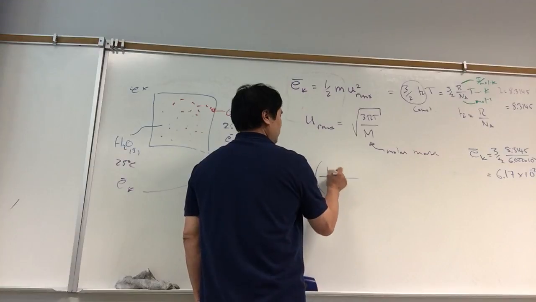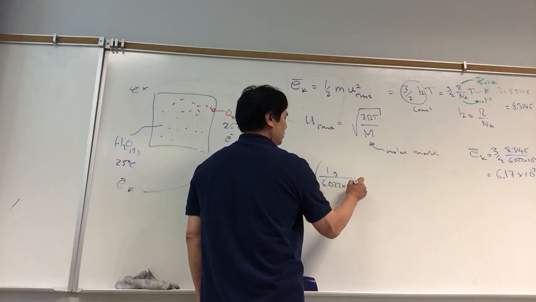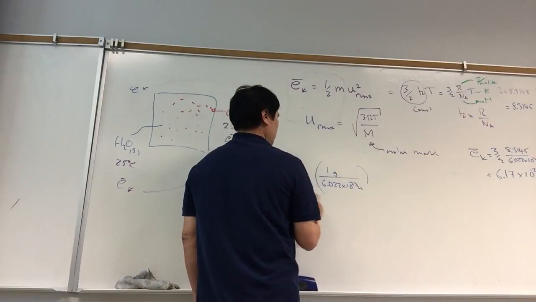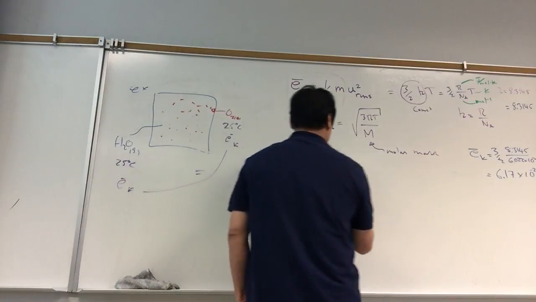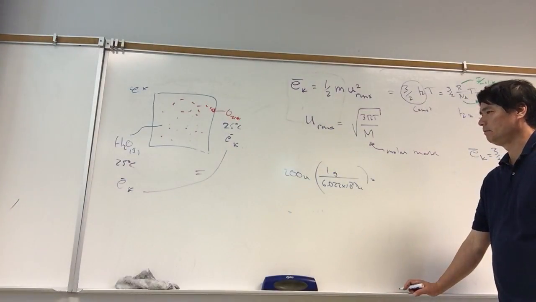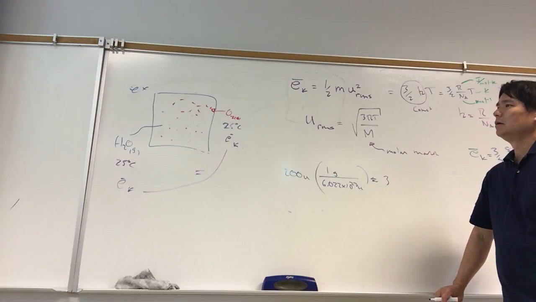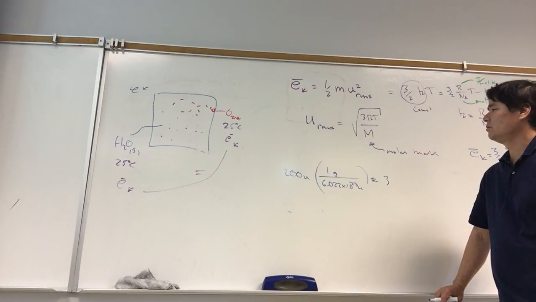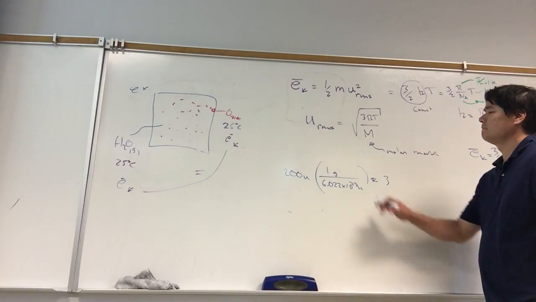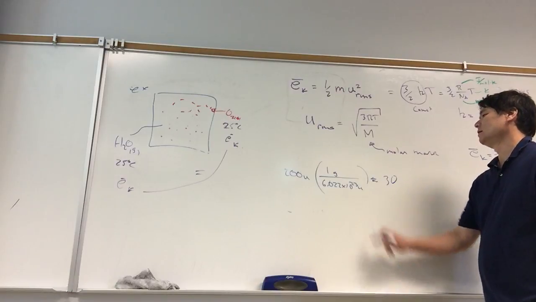We know that 1 gram is 6.022 times 10 to the 23rd U. So 200 over 6 would be roughly 3, and 3 times 24 would be 330 times 10 to the